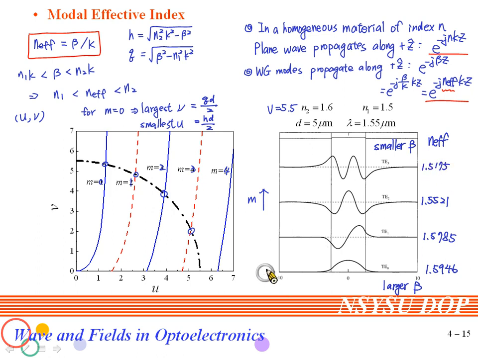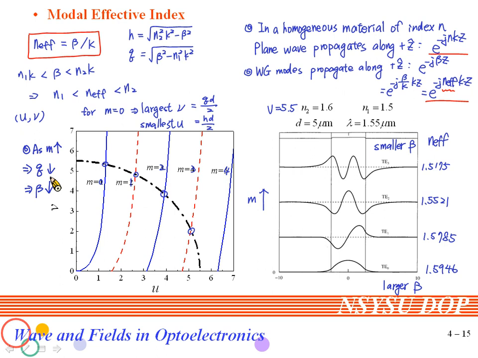As you can see, as we increased the mode order, the NEFF will be reduced. So we know that as the mode order is increased, we will have reduced the value of q, and also the beta is decreased. By the reduced q, we can also learn something. What does the q mean? The q is the transverse wave number in the cladding region.